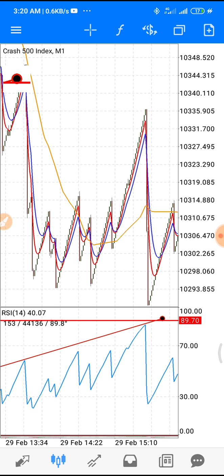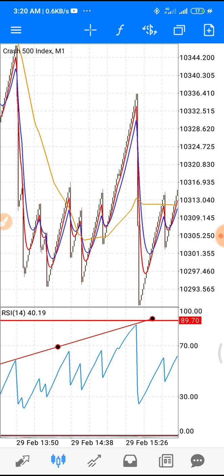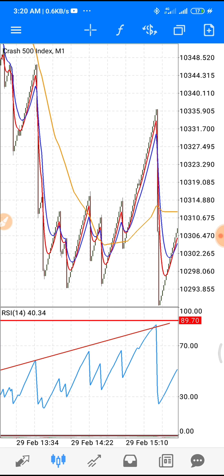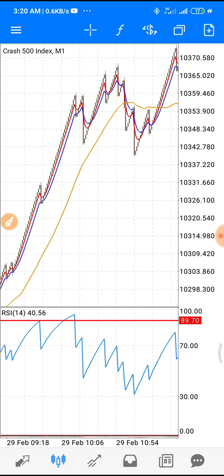Now can you see this ran away from you? This ran away from you, but you caught this huge one. Can you see? So let me check for another one